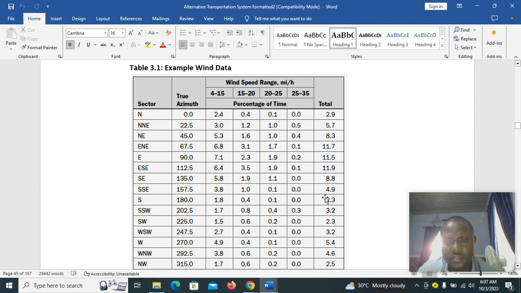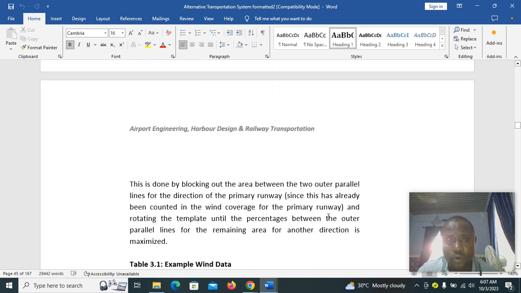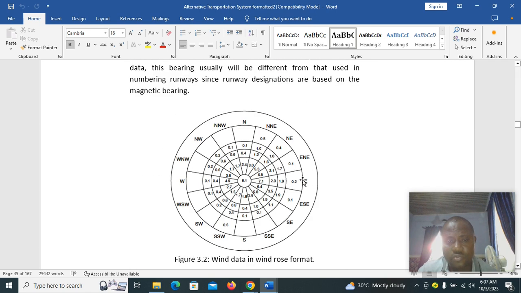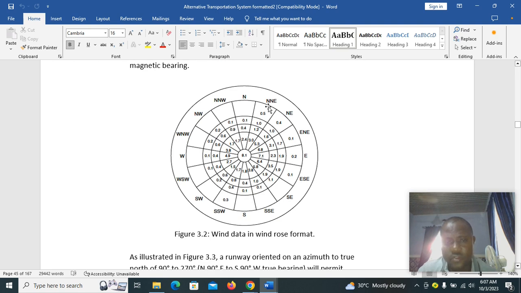So the total is given. You can see the total of the wind. When you sum this, it gives you this. Each of them gives you the total wind blowing. So here, what we now need to do is to plot it. We come back to here, you can see in the wind rose, we plot the magnitude of wind